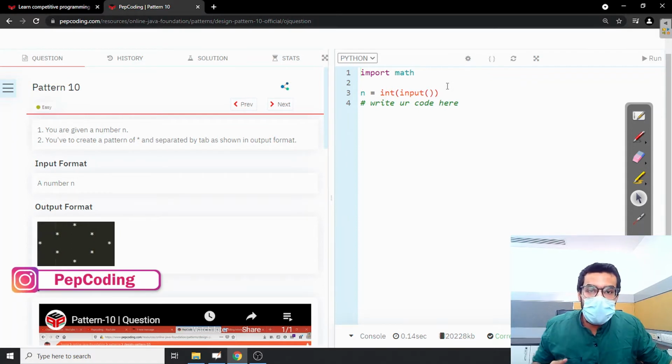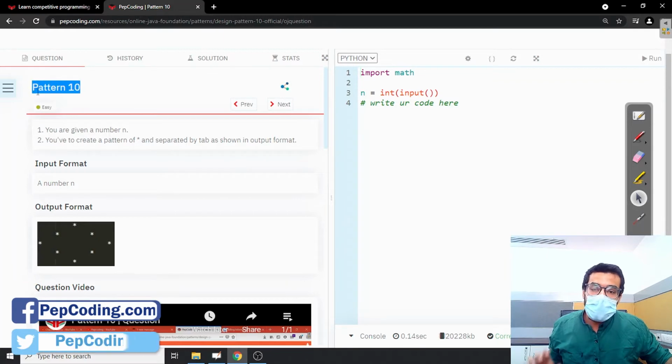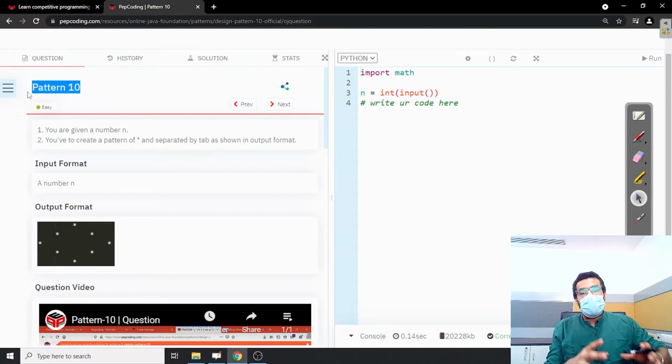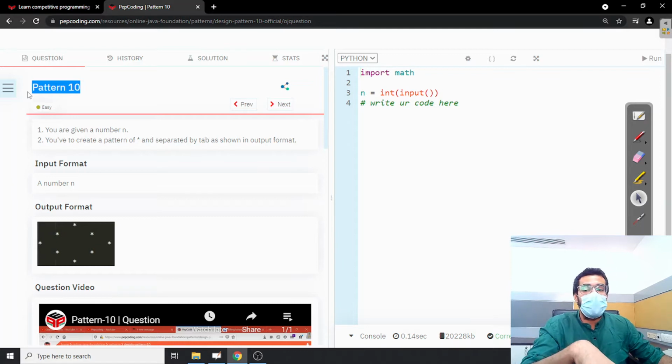In this lecture, we will be solving this amazing pattern 10. This is basically a good explanation and good application of the magic pattern concepts. If you have not watched that video, go to that video first and then come over here, because I will be heavily using the references from that video. You can see the magic pattern concepts video in the description box below.